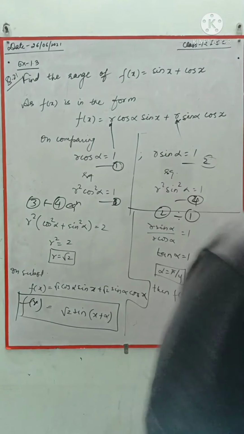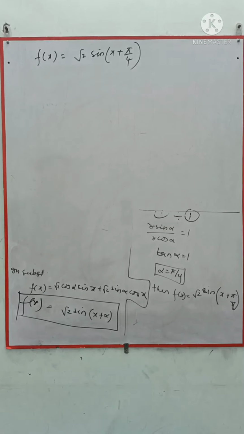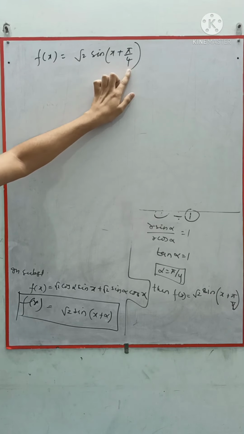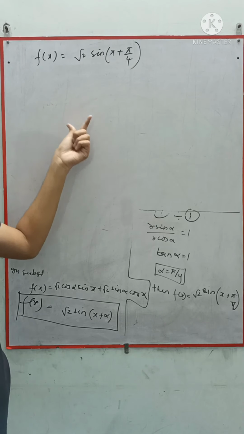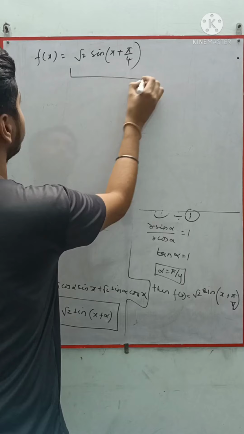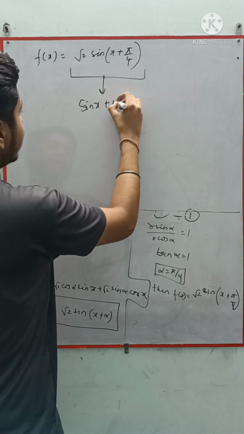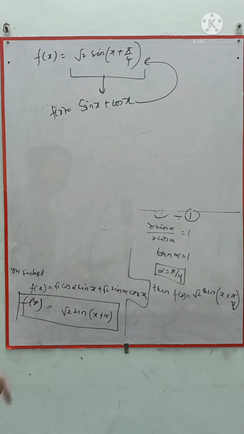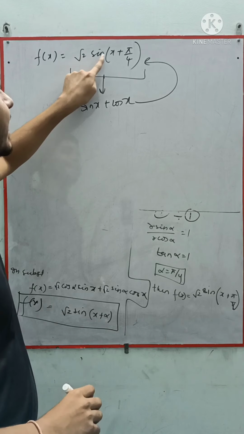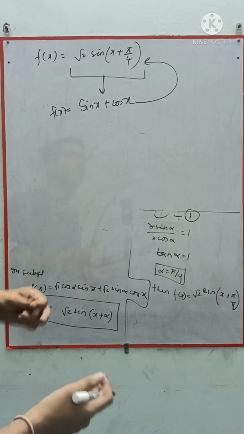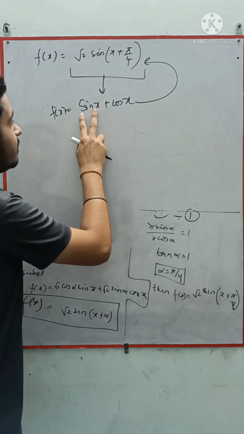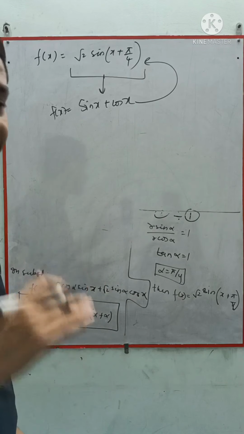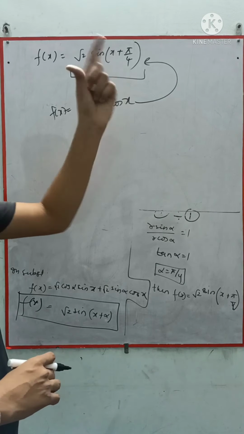And let me show you after that what to do. So here we have changed our f(x) as root 2 sin(x plus pi by 4). If you open this, you will surely get sin x plus cos x. So can you see how we have converted our question? Our question was sin x plus cos x actually. So we molded sin x plus cos x in this way, as root 2 sin(x plus pi by 4). Why did we do that? Because we were having two functions, sin x plus cos x, so we could not classify its range. So what we did, we converted this into one trigonometric function.